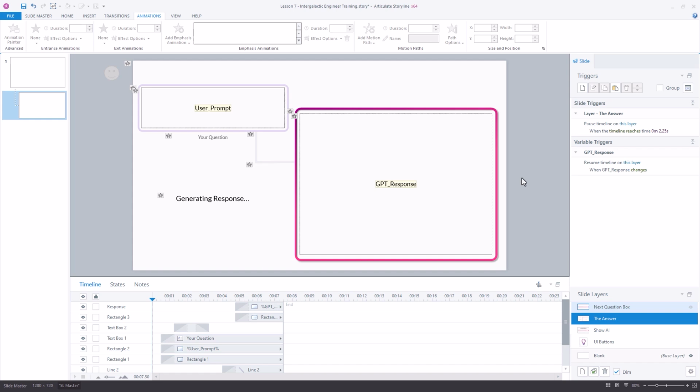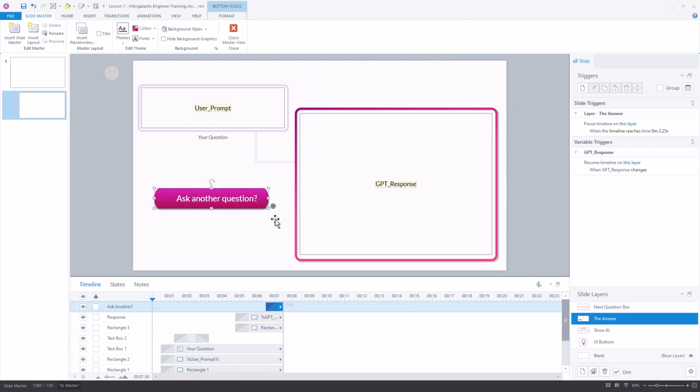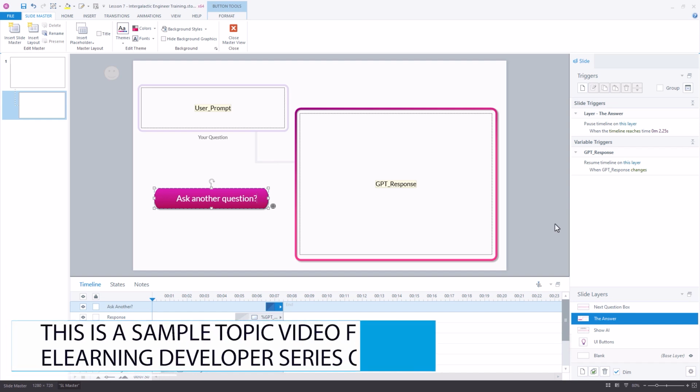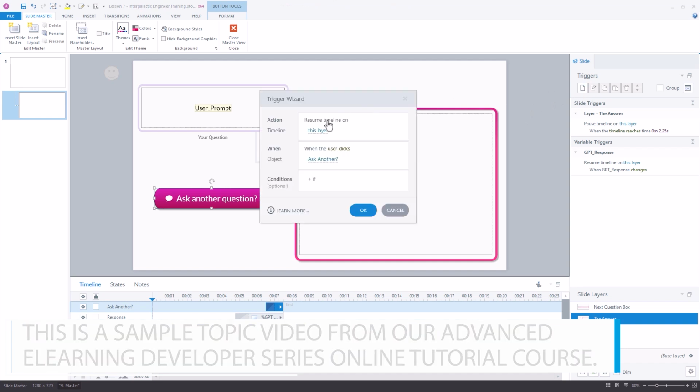Before we finish up here though, let's make sure we've included a way for the user to ask their follow-up questions by adding a button onto the answer layer, which can display as soon as the GPT response variable has been revealed. The trigger that we want this button click to perform are to set the state of itself to hidden,